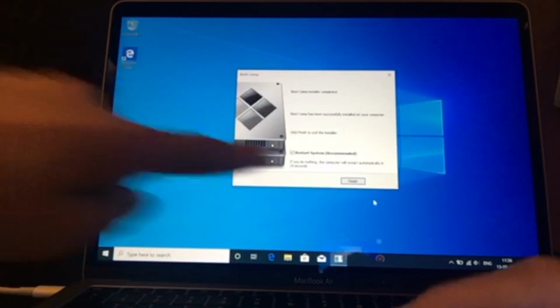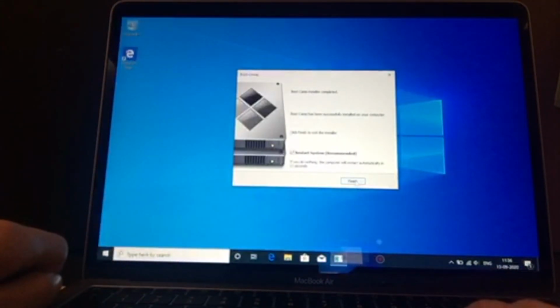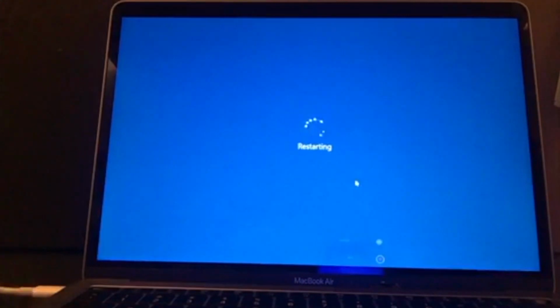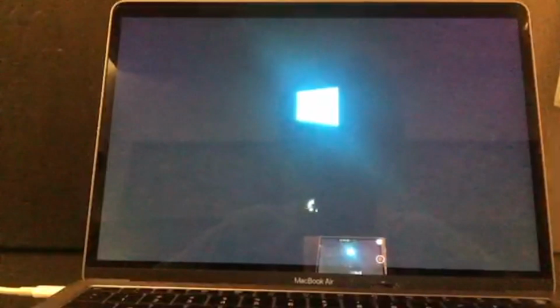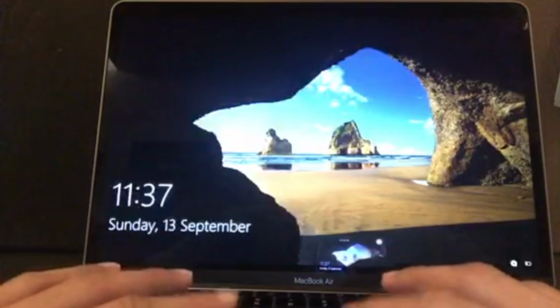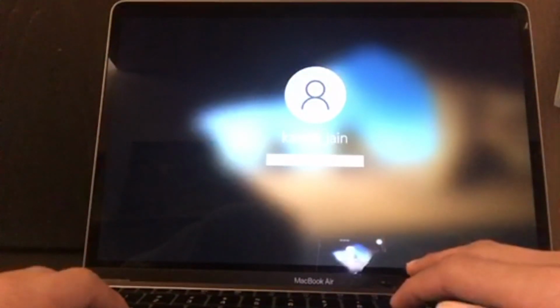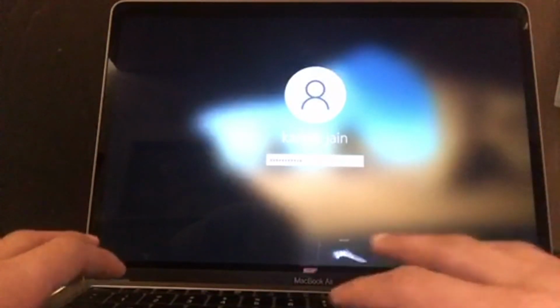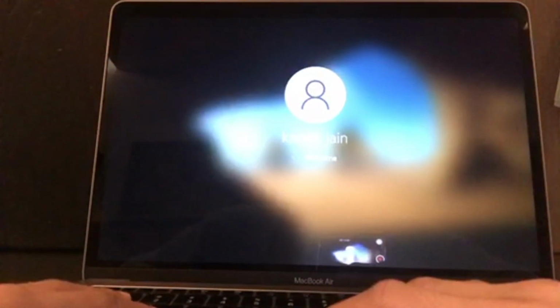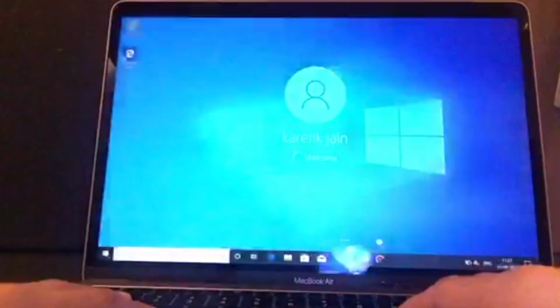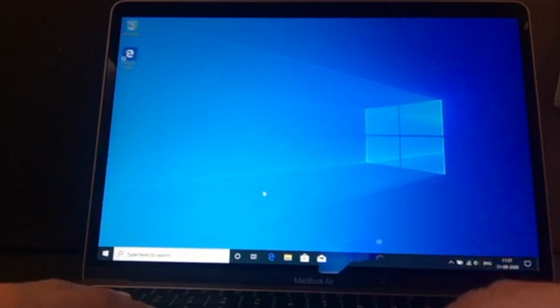Once the Bootcamp Assistant has been installed, click on Finish to restart your system. Now you are fully free to enjoy your Windows 10 experience.